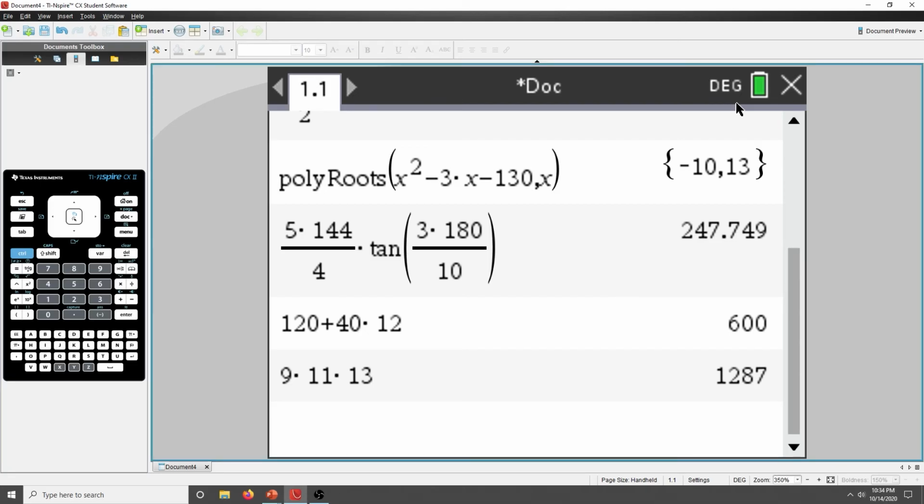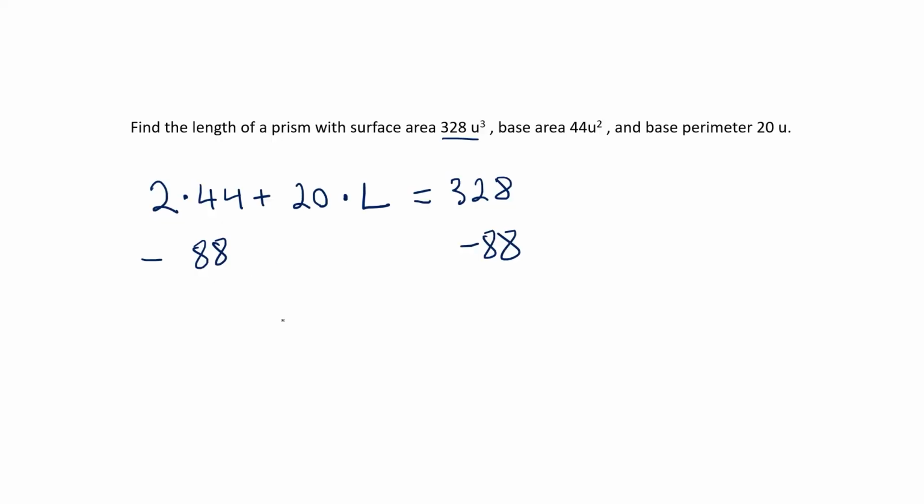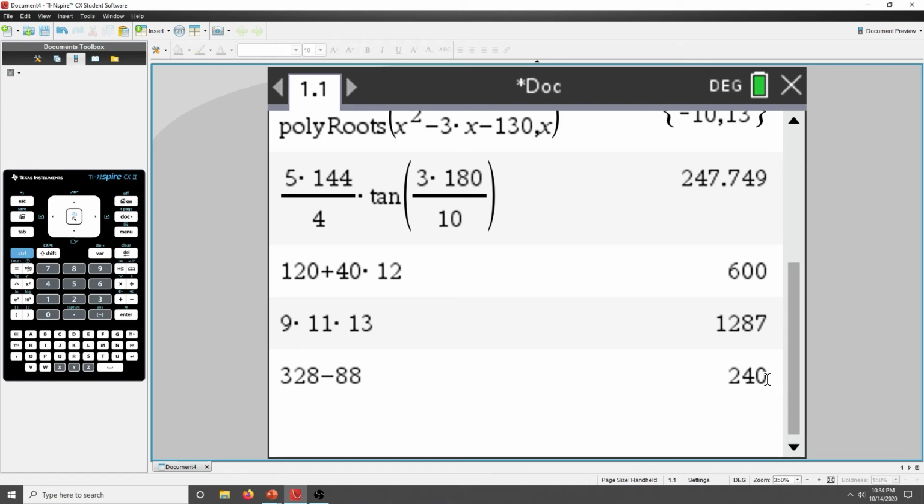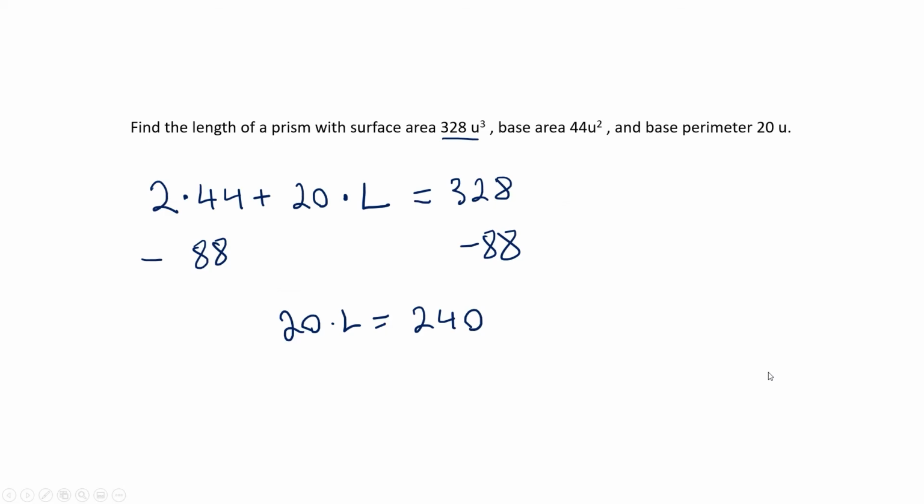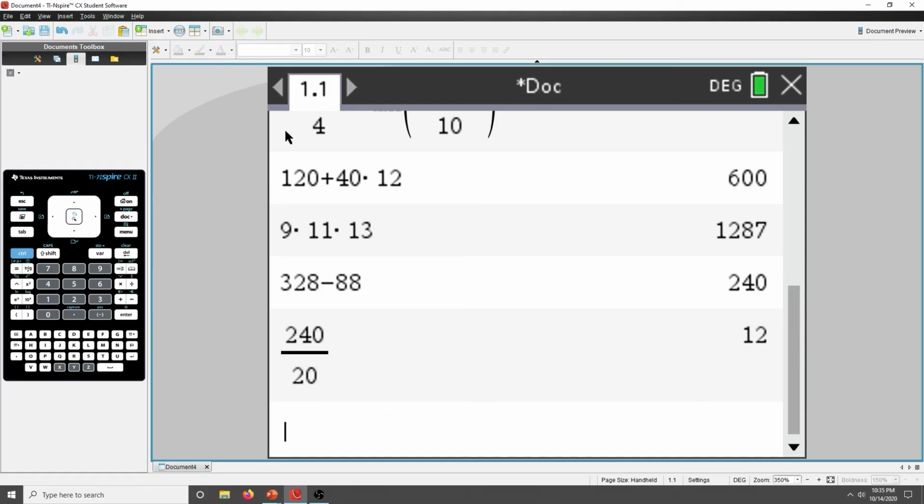we will get, I'm sure I can do that in my head, but I'm tired. We'll get 20 times L equals 240, right? And we divide that by 20, we get 12. So L equals 12. It is legitimately quicker just to do that algebra than to potentially mess up the nSolve